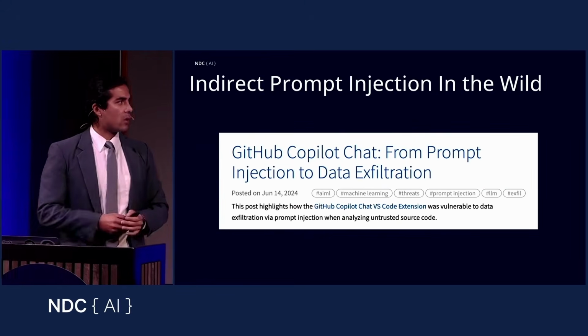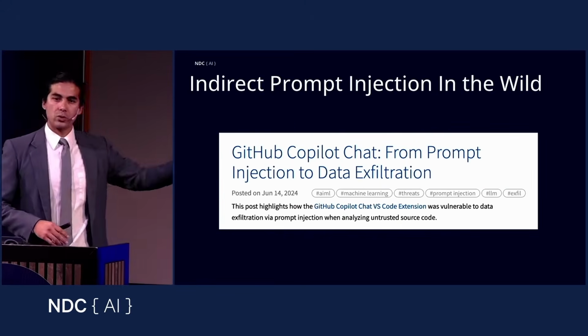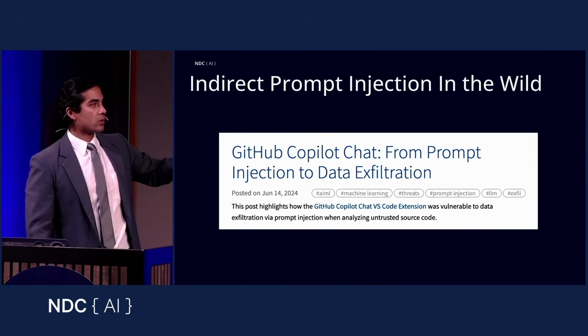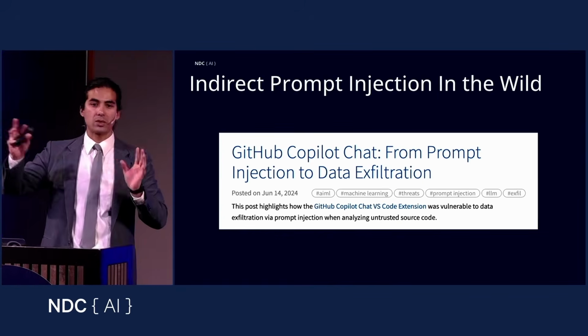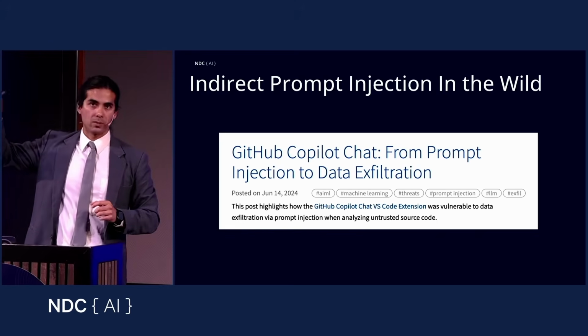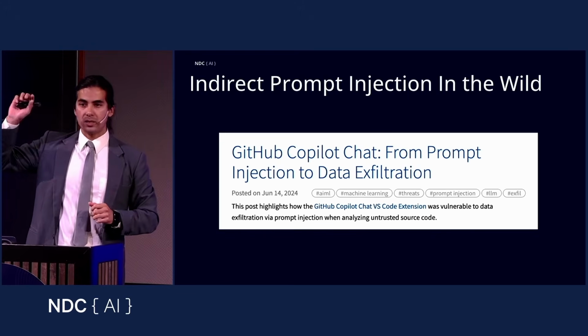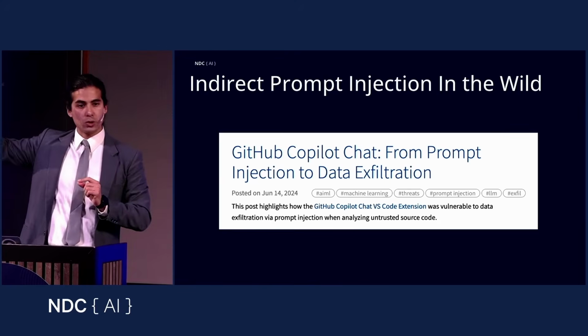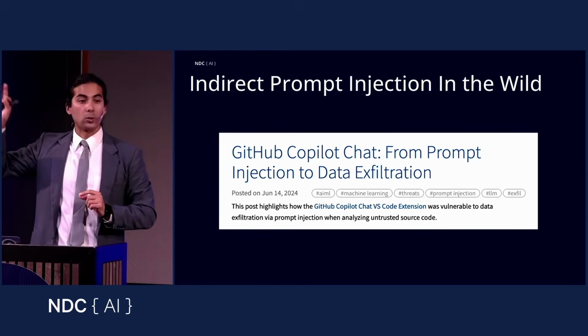I'll just give you one example for your reference. You can look it up and learn a little more of the detail here. You can use commit history or commit messages. If you put things on GitHub and create an issue, you can force your model to go to that issue, and then you can trigger unwanted behavior that way.